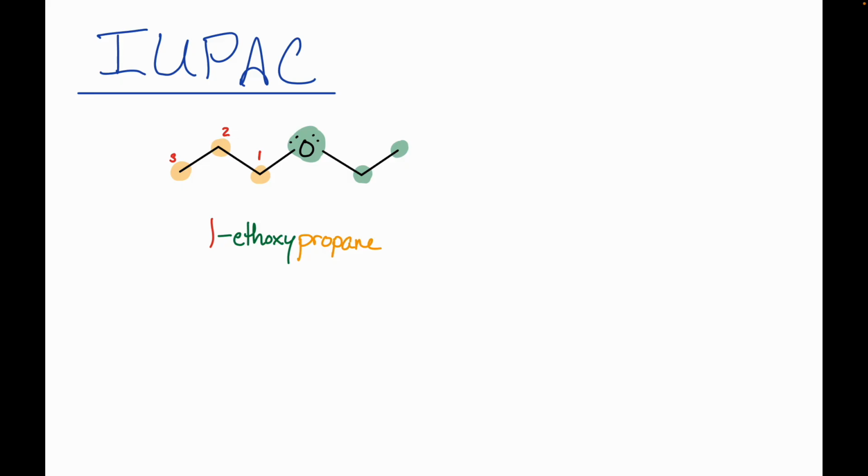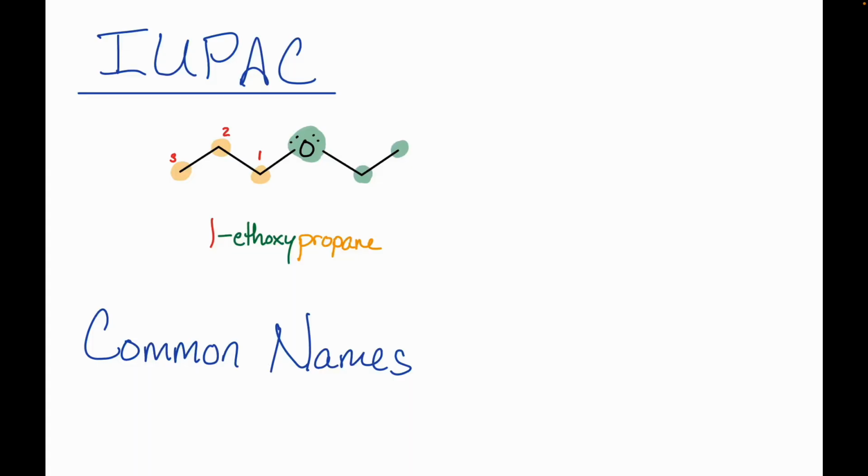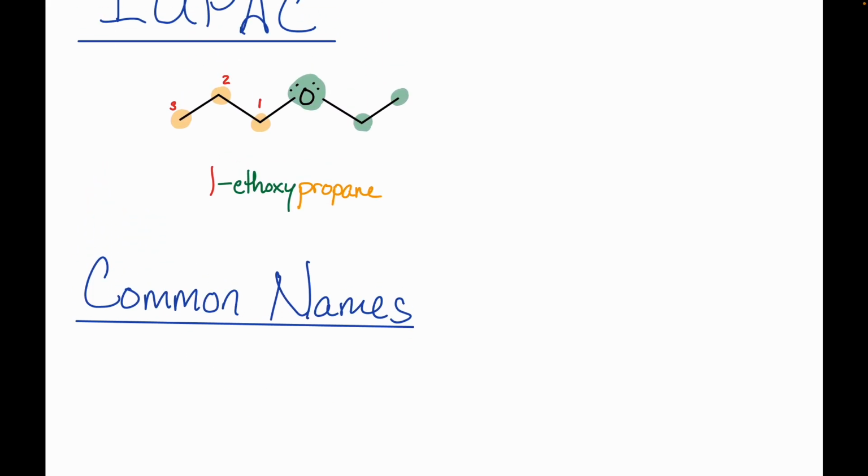All right, ethers are used very often in organic chemistry as solvents, and you see the same ones over and over and over again. So instead of referring to them by their systematic names, their IUPAC names, there are a bunch of them where we instead have simple common names. For example, if I took this same ether here and I wanted to name it just using its common name,